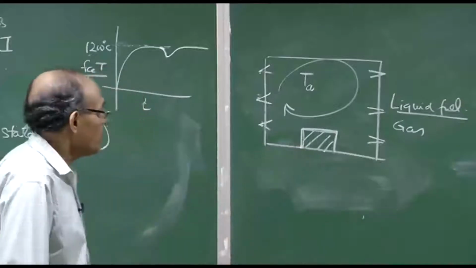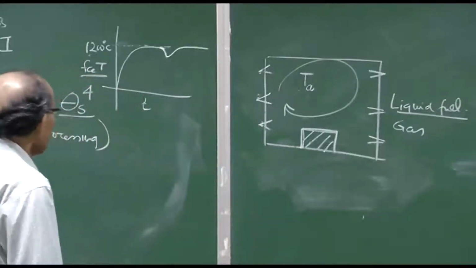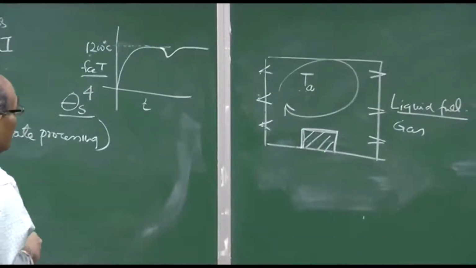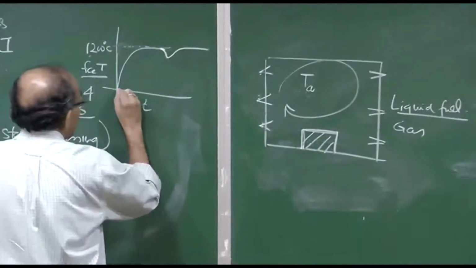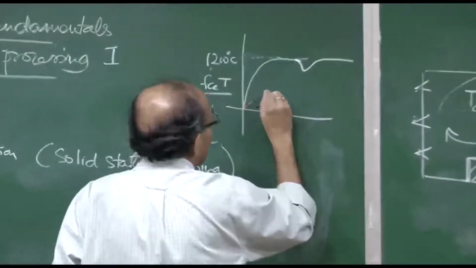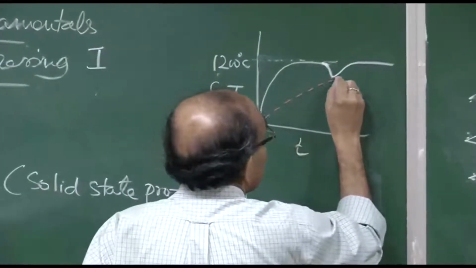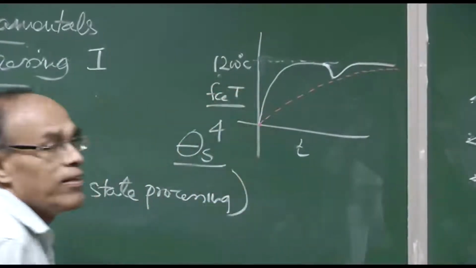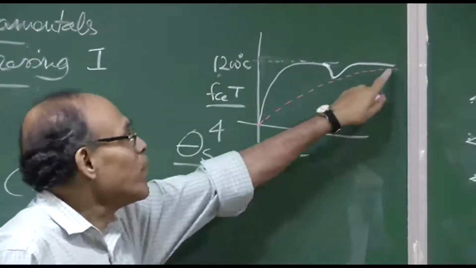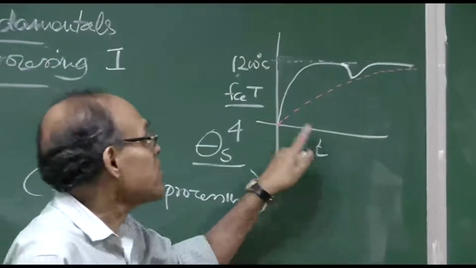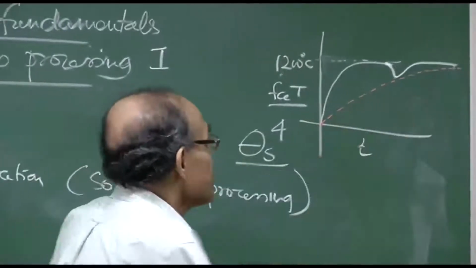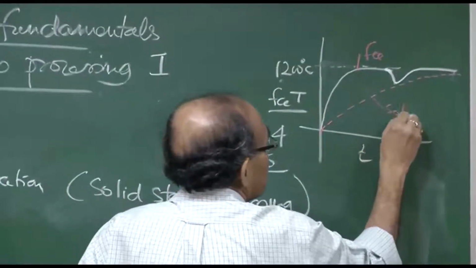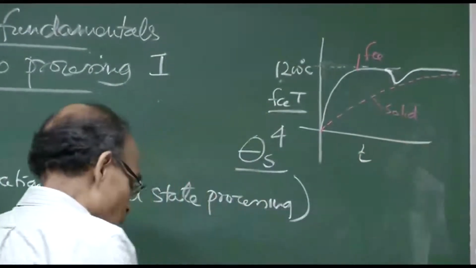If I now draw the solid object's temperature profile, it will look something like this, schematically. This is the time when equilibrium has been reached, that means the solid has reached the furnace temperature. So this is furnace, this is solid, and this is the heating operation,